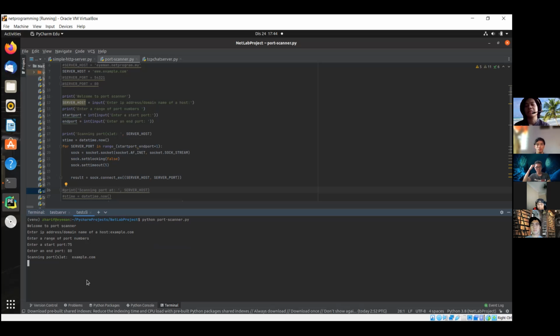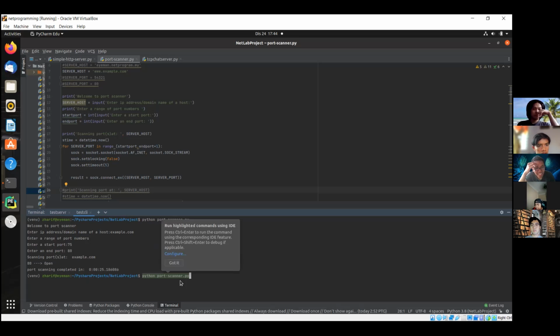Memang agak lama ya. Itu dia. Okay, so kita dapat dia akan scan lah. Okay, for next kita akan cuba buat to scan remote host